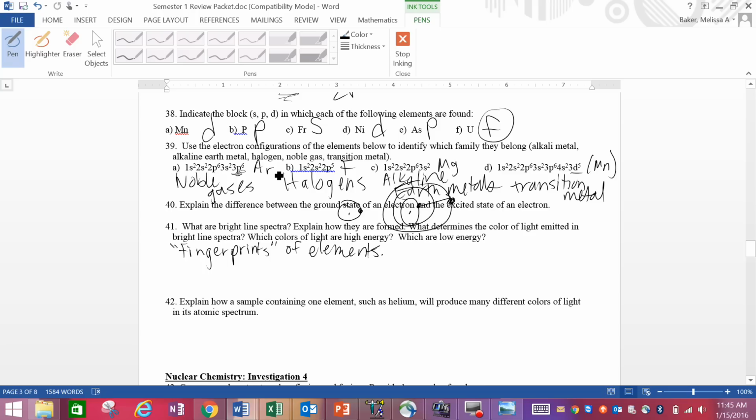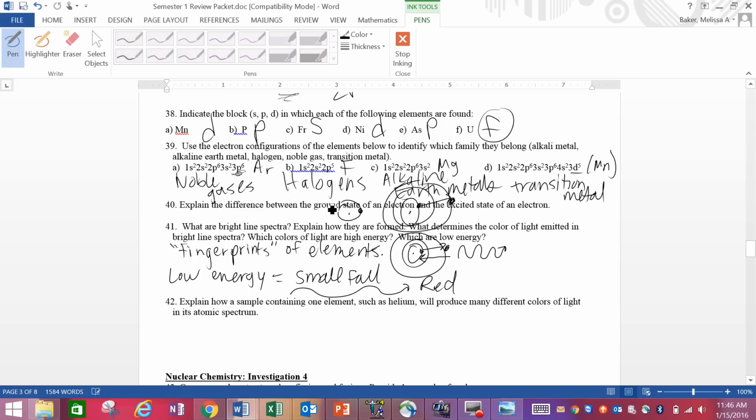So these form when electrons get excited by electricity or by heat, and when they jump up, that's unstable. So when they fall back down, they release a photon of light. If it was a really small fall, that's low energy. So low energy is from a small fall, and that would emit a long wavelength of light like the color